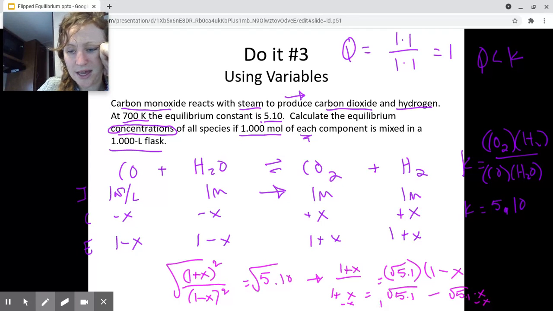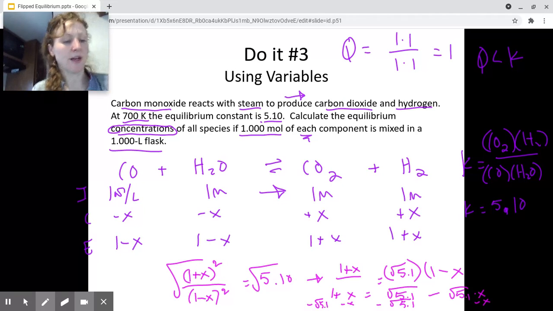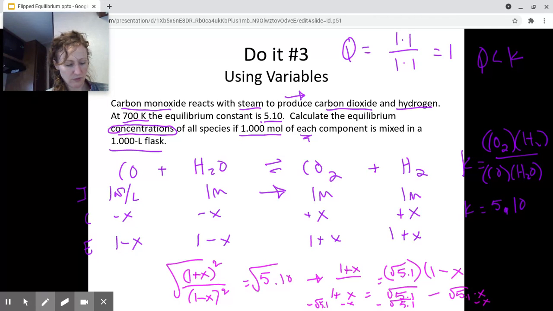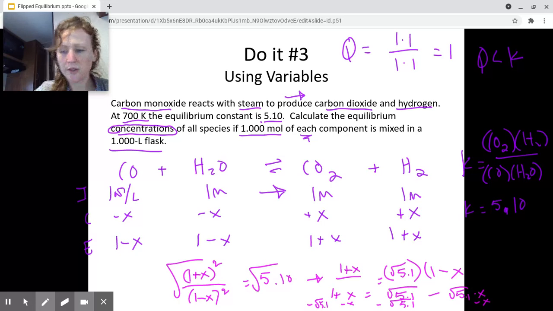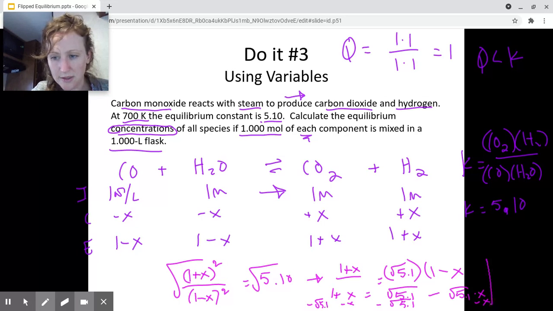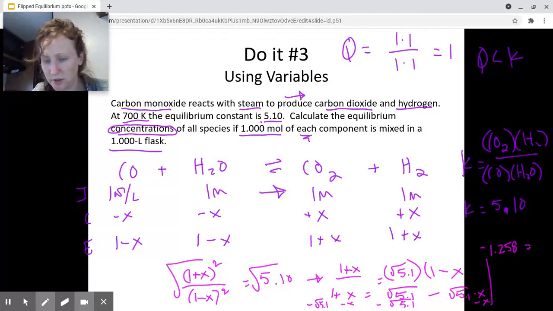And let's add, no. Subtract the square root of 5.1 from both sides. All right, now we do have to deal with it. 1 minus the square root of 5.1 equals, I'm running out of space. Okay, negative 1.258 equals,